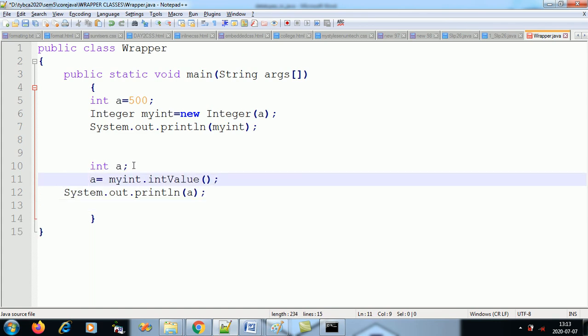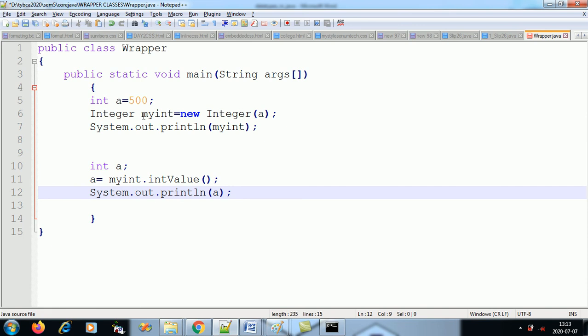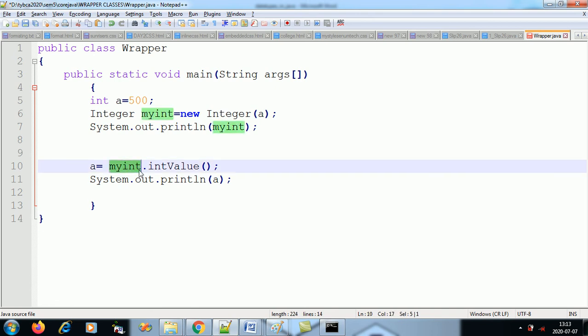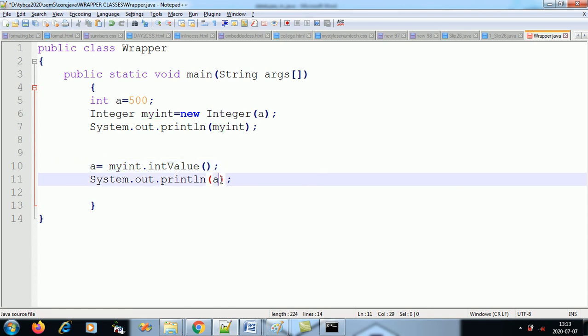Okay. So what I'll do is, we already have the int value object over here, right? So no need to take the a again. Yeah, this should work. So my int, what is the value of my int now? We had displayed 500. The int value will convert it back to its primitive a, and now I am displaying a. I have to use that code also because that is what is converting it into int value. So now it will display me 500 two times, one for this and one for this.